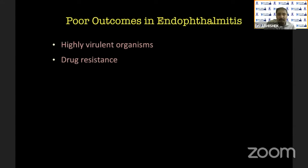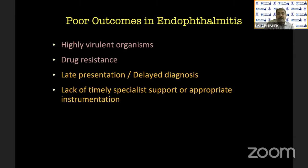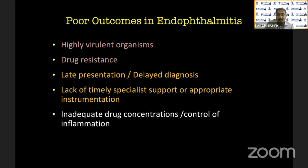Now, what leads to poor outcomes in endophthalmitis? One, of course, is the highly virulent organisms, and the second is drug resistance, which we are seeing more frequently nowadays. These are aspects that we need to tailor our therapy accordingly. Late presentation and delayed diagnosis can also result in poor outcomes, and a lack of timely specialist support or appropriate instrumentation can lead to loss of the eye. A lot of times, inadequate drug concentrations or control of inflammation and the associated complications present along with the endophthalmitis